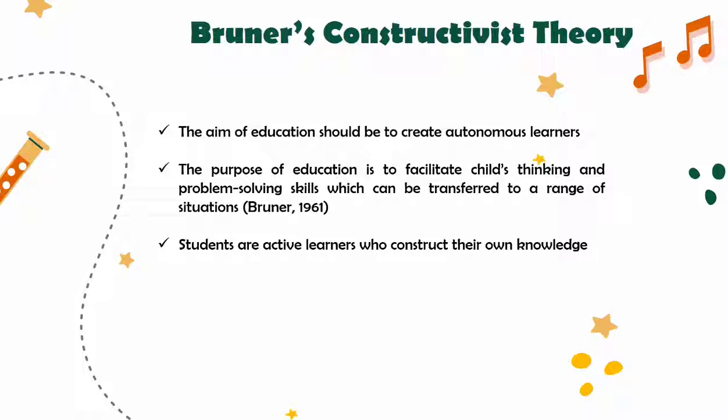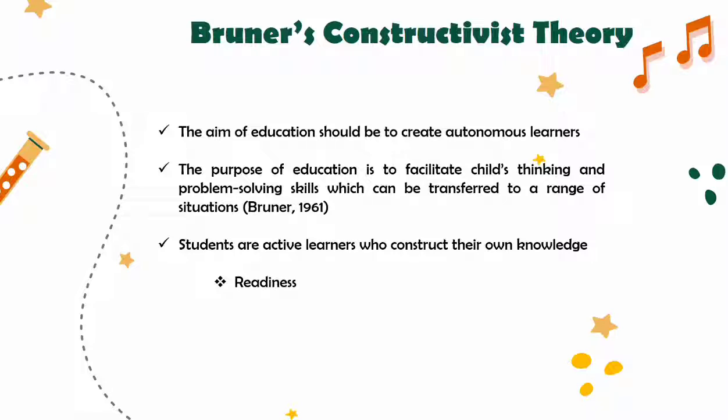So the main premise of Bruner's text was that students are active learners who construct their own knowledge. So we have here readiness, which is opposed to Piaget's notion of readiness. Bruner argued that schools waste time trying to match the complexity of subject material to a child's cognitive stage of development. This means that students are held back by teachers from certain topics that are deemed too difficult to understand, and must be taught when the teacher believes that the child has reached the appropriate stage of